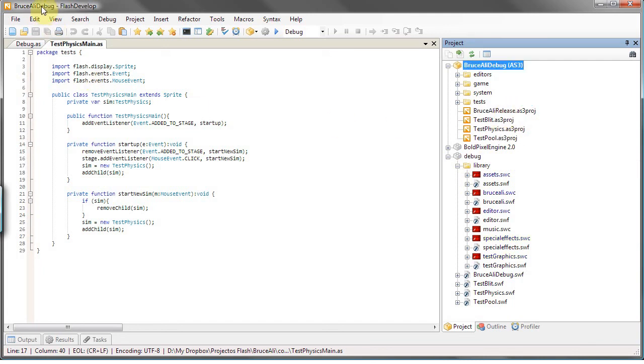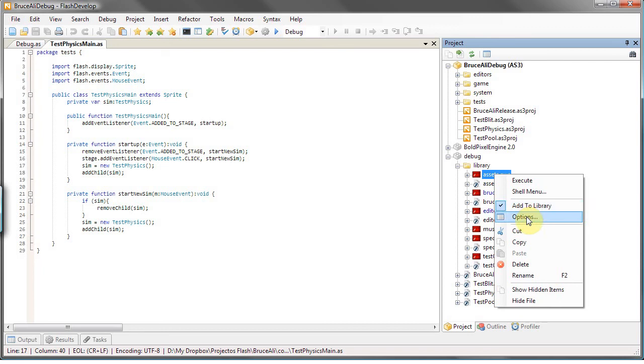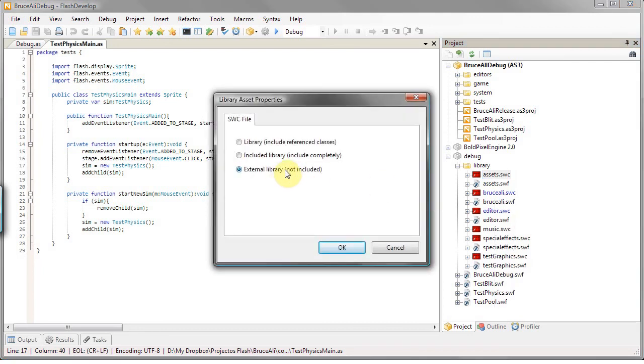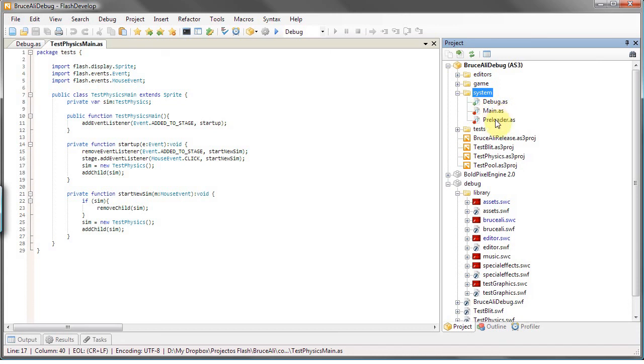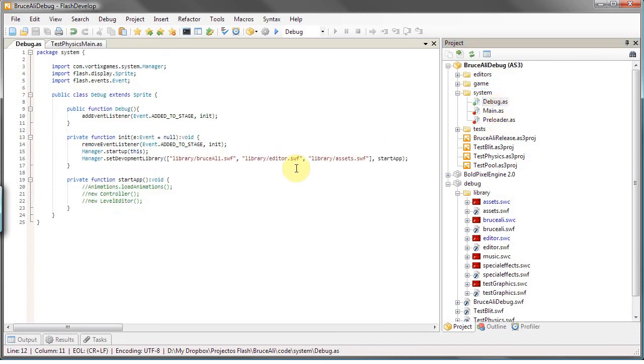Right now I'm in the Bruce Ali debug, as you can see here. You will notice that debug is here. So I'm going to have traces and debug and all that stuff. And this is the most important part to explain. These SWC files are added to the library, but are external libraries. What this means is that these SWC files are not compiled into the final SWF file. In practical terms, if I go to the class that the debug calls when it starts,